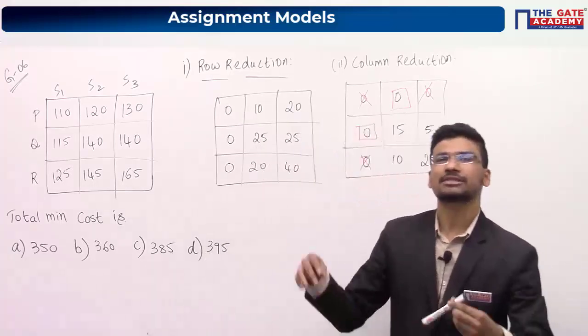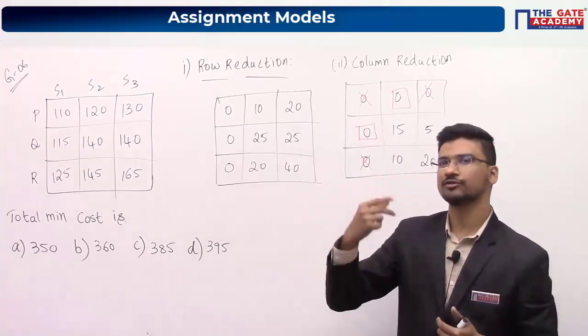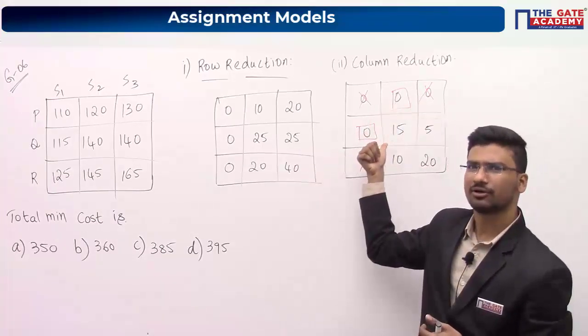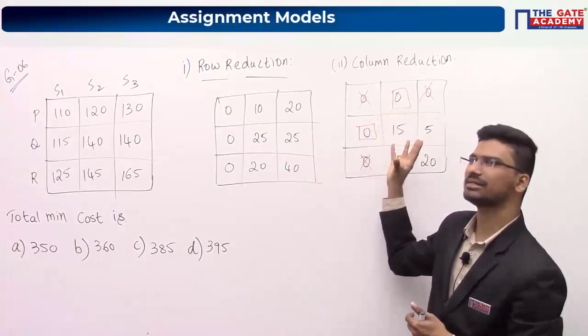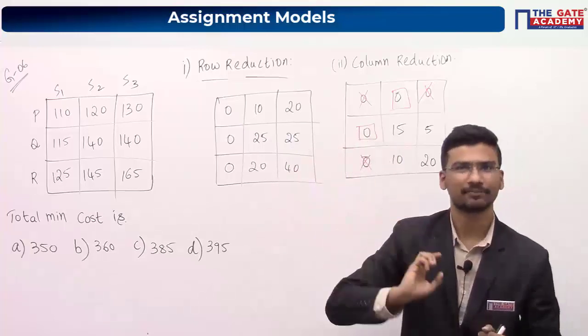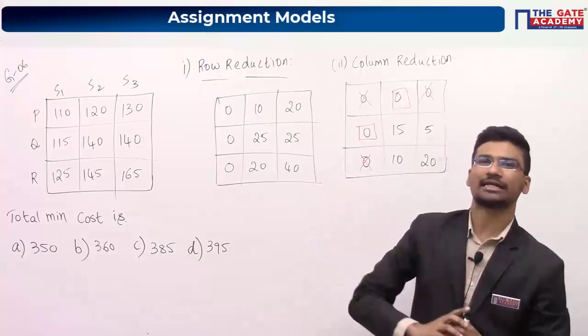Now write down the steps for straight line method. So when do we have to use straight line method? When 0 is not available for assignment, or else we can say when the number of assignments is less than the required number, then we have to use straight line method. Now write down the steps.